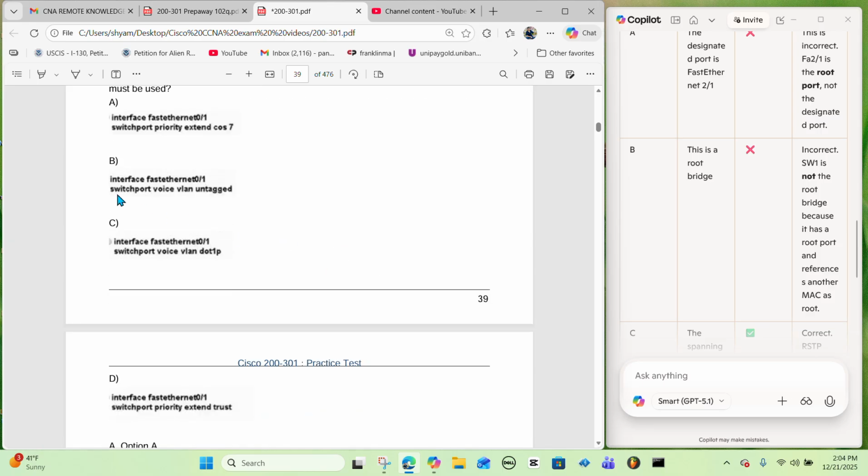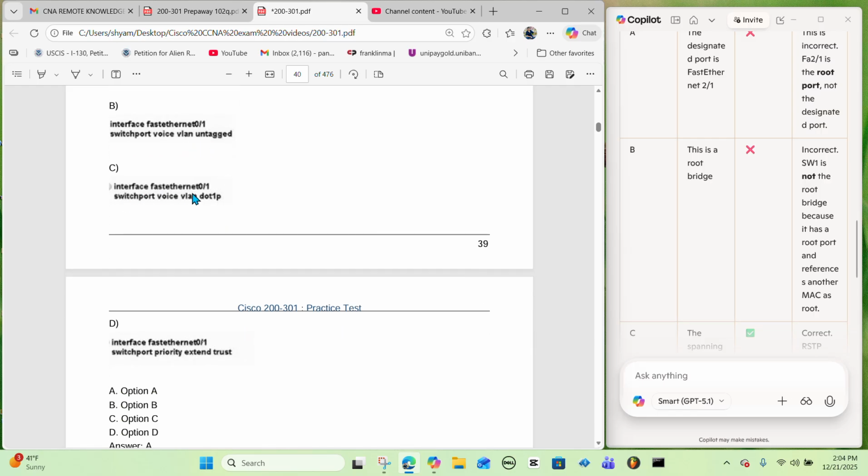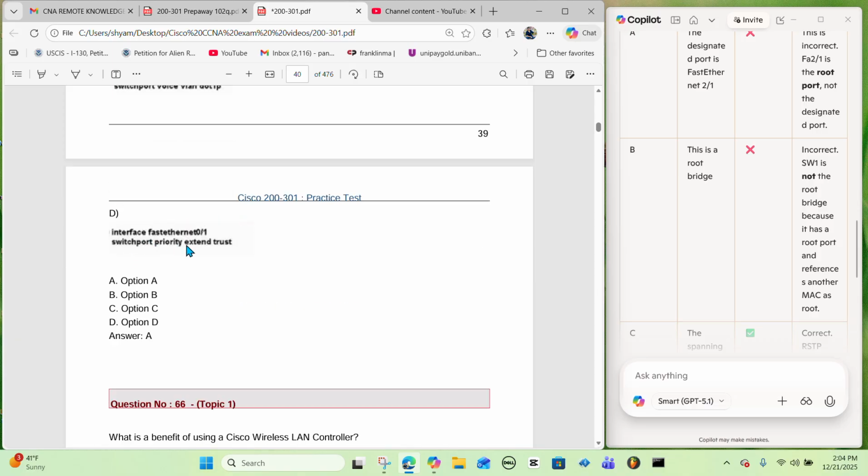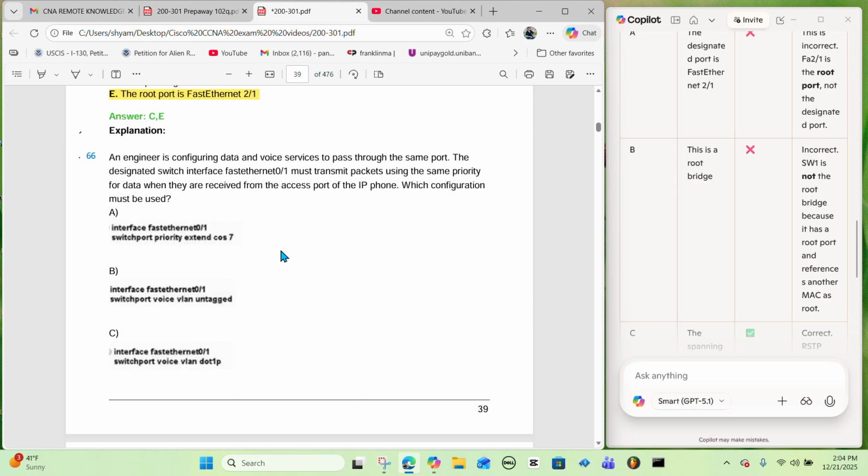Another option says interface fast Ethernet 0x1, switchport voice VLAN untagged. Option C says interface fast Ethernet 0x1, switchport voice VLAN dot1q. Option D says interface fast Ethernet 0x1, switchport priority extend trust. So the other options are incorrect. Option A says interface fast Ethernet 0x1, switchport priority extend cos